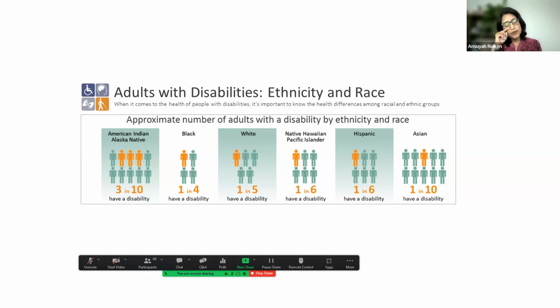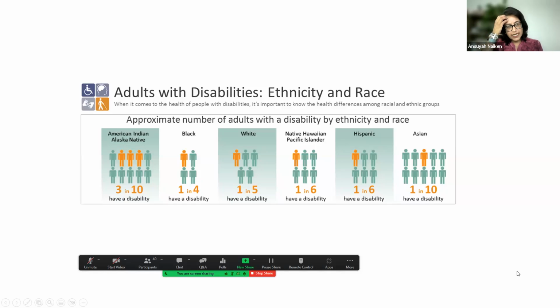The other reason that has been provided is that when these surveys are done, oftentimes Asian Americans are grouped as a single group, and that could skew the results. They've also mentioned that cultural stigmas associated with disabilities amongst the Asian community could prevent people from participating in these surveys. So while we say that 1 in 10 Asians have a disability, a lot of researchers believe that that number is probably higher than that.